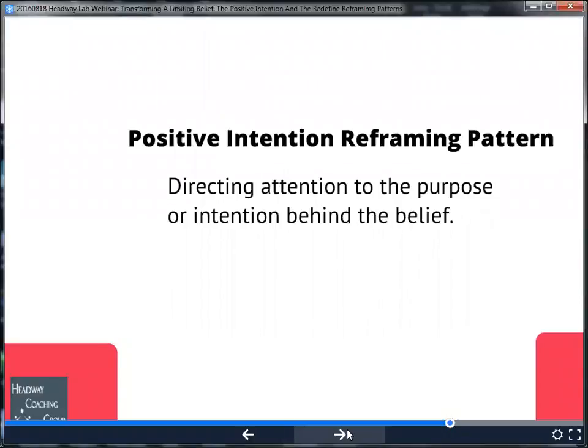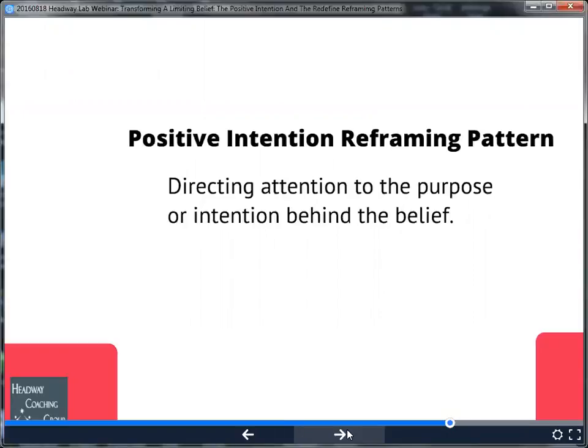The idea is that before someone, or our client, for example, formed some limiting negative belief,